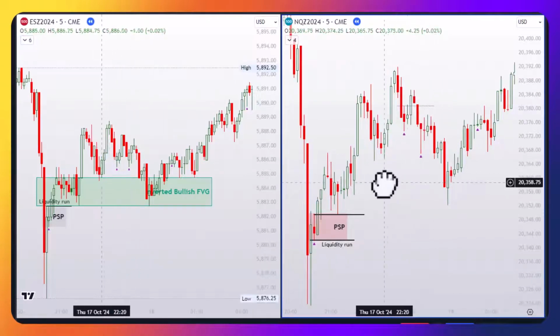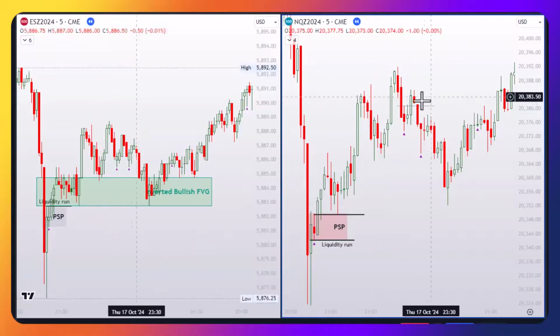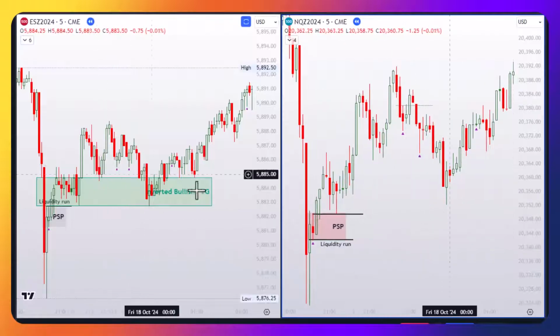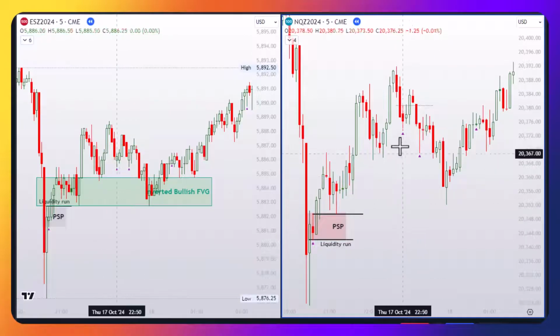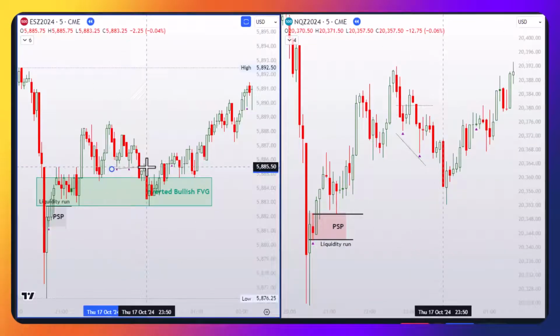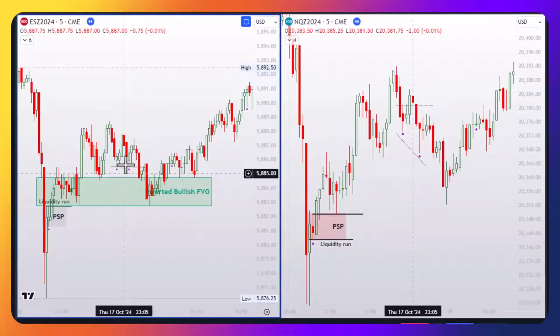But you're getting into, okay, now we have a balanced fair value gap. We're holding down. Once again, another one. This one is kind of like SMT, right? So we have some bullish SMT. It's demonstrating that ES is actually stronger by holding there. So you might start thinking, okay, we have another